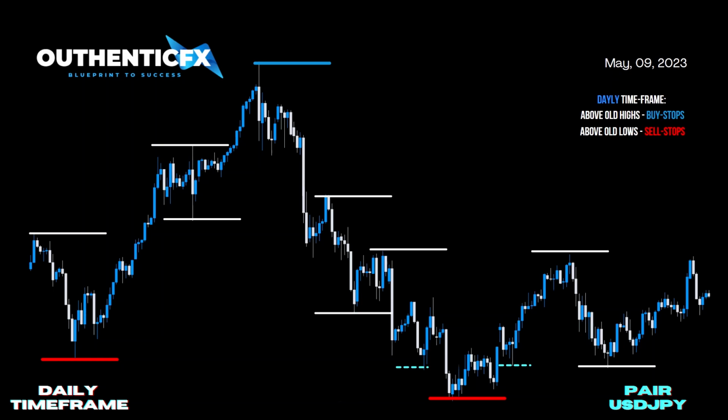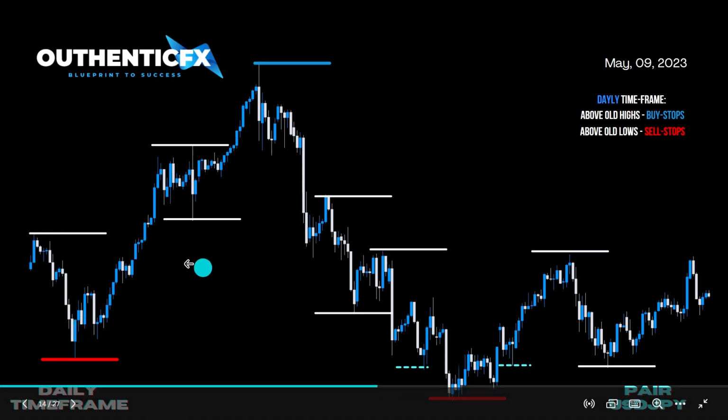The aim is to understand how the market moves and how it reacts within an overbought area and an oversold area, between the equilibrium point of a specific price range, guys. So just notice the following: are we taking out old highs, are we taking out old lows, and where is price gravitating